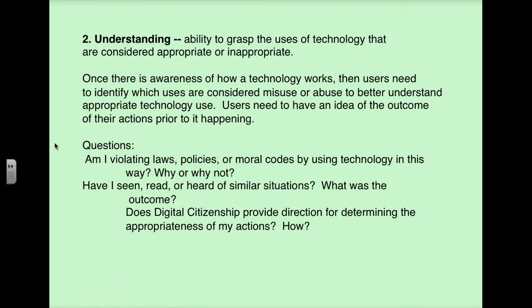Understanding. Now that we have a definition of what it is, do we understand its use that could be considered appropriate or inappropriate? In other words, what are all the parameters of this particular area? And once we have that awareness, then we can start making statements about what do we see would be the appropriate use and the inappropriate use